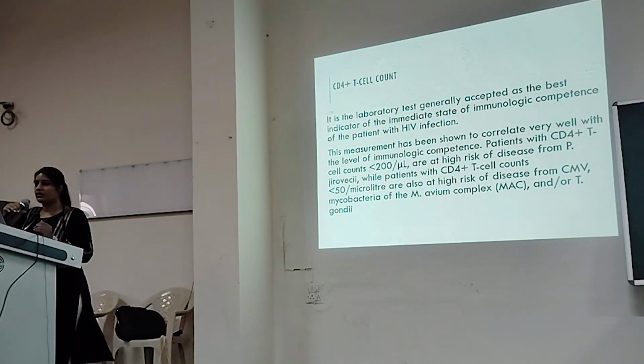If we start the patient on antiretroviral therapy, the CD4 count will keep increasing if the patient is adhering to the treatment. If the CD4 count is less than 200, we have to start prophylaxis, as the patient is at very high risk of developing